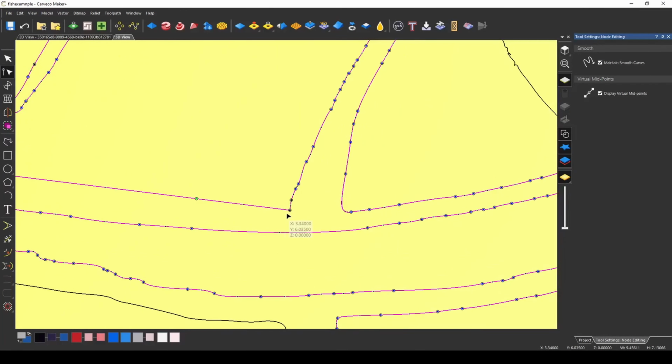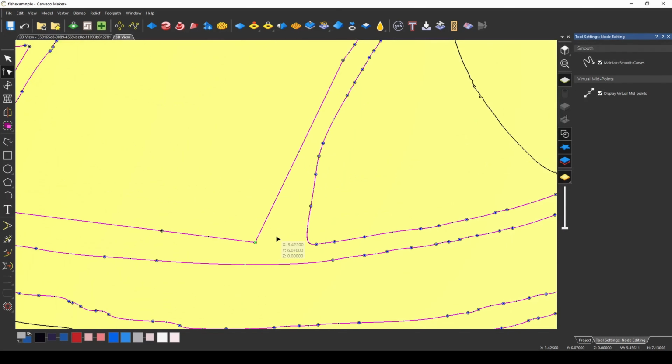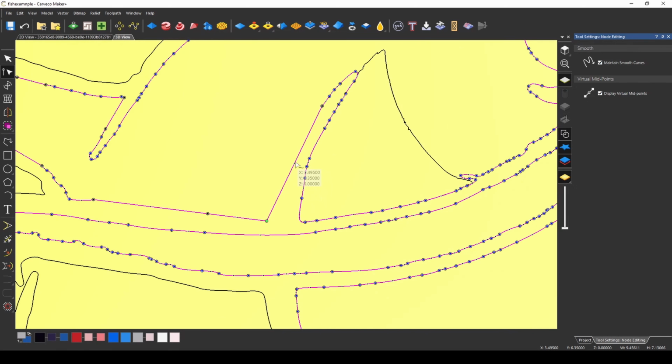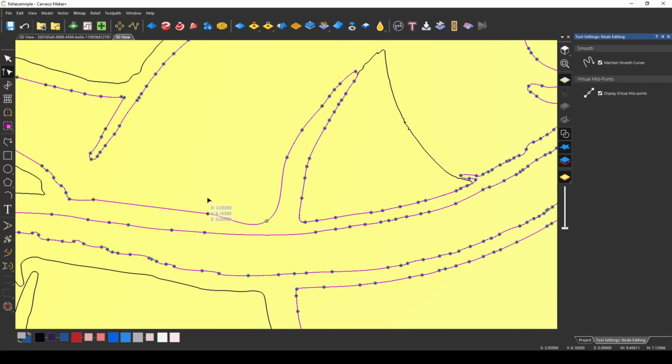Now, a quicker way to do this is to click one node, hold Shift, and then click another node, then all the nodes in between will be highlighted. And if you press D, it will delete them. Now notice this does make straight lines, so you may need to come back and add nodes to create a smoother line. And a good way to do that is to just highlight those nodes that you want to make smooth. Let's highlight these nodes. And we're just going to press S on the keyboard to smooth these out. Now, if you need it to be a line, you can highlight the ones that you want to make a line and press L on the keyboard to make those lines. We're just going to leave it like that.